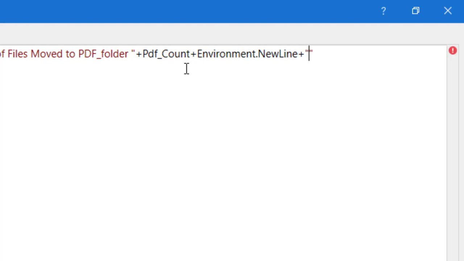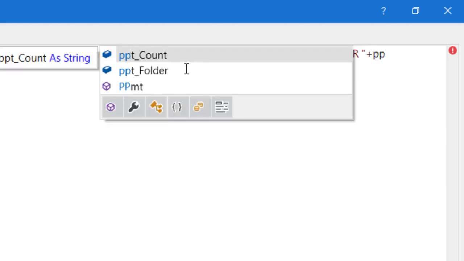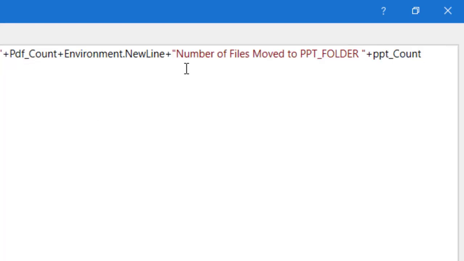Number of files moved to PPT folder. Here I will give the count of that PPT count. Fine. In the next line,